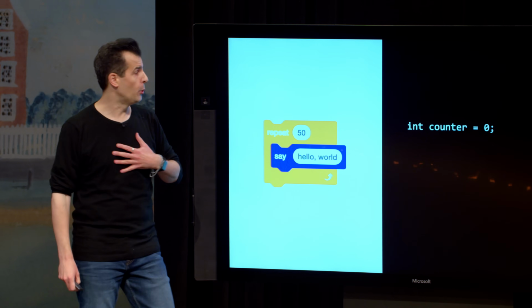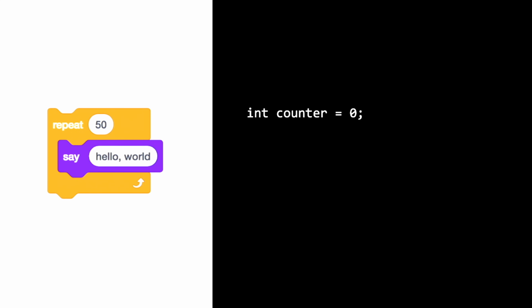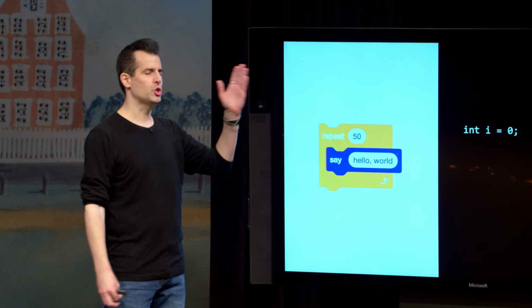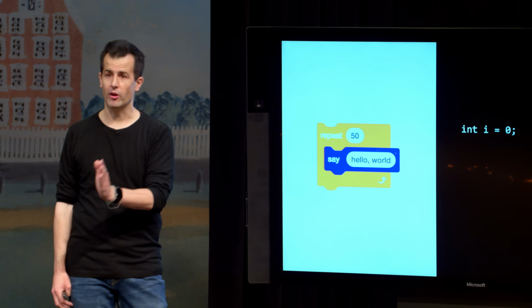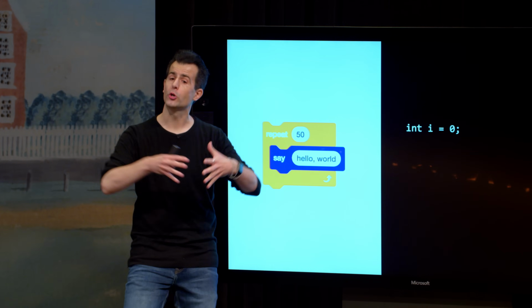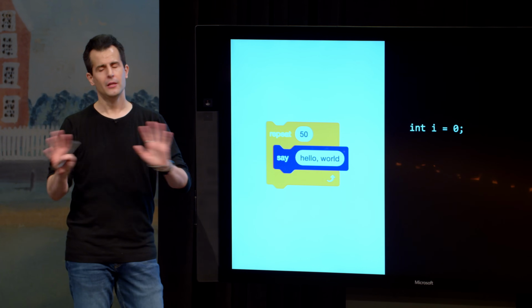Well, I have at my disposal variables. So let me give myself a variable called counter, initialize it to 0, semicolon, and the data type will be int because I just need to count, much like on my fingers. But you know what? Counter is a little verbose. Programmers, whenever they're counting frequently, just counting up from 0 on up, will often just use i for integer, or c for character, or s for string. You don't want to do that always in your code. It's sometimes better for your variables to be more descriptively named. But for a stupid variable that's just going to count from 0 on up, let's just keep it simple